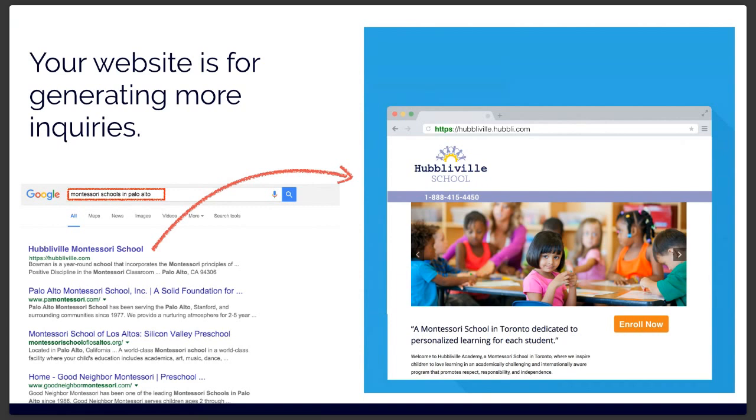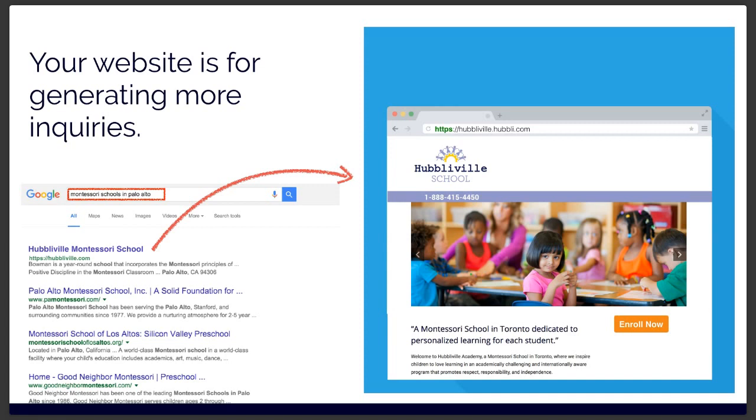So it's all kind of packaged and delivered through this high-performing website. Everyone knows that they need a website, and I don't think I've come across a single school that doesn't have something online. But what I find is that most school directors or owners don't really understand what their website is meant to do for them. One thing that is key about your website: it should be designed with the purpose not to actually sell your school. Its purpose is to get the right families to inquire about your school